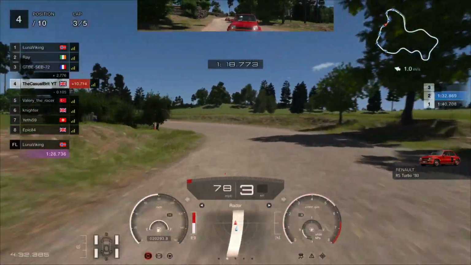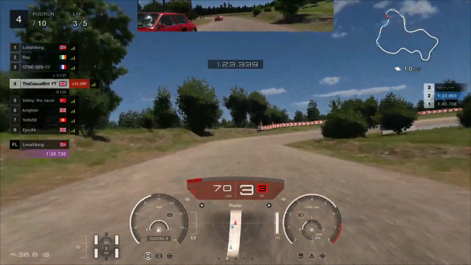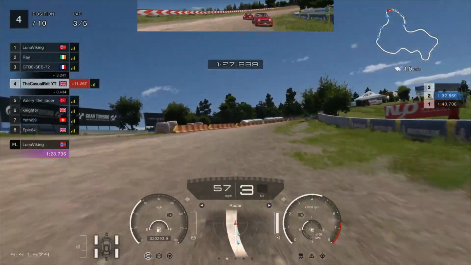So we're going to make a move around the outside of the Turkish driver. That's going to put us up into P4. And that is pretty much how it stays